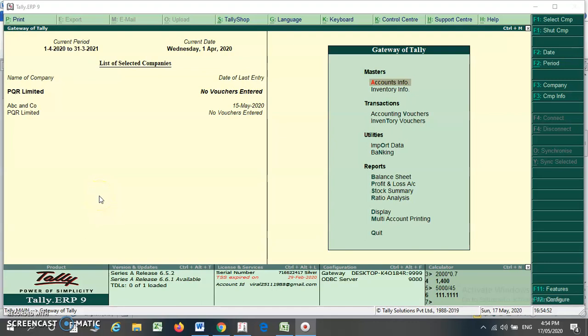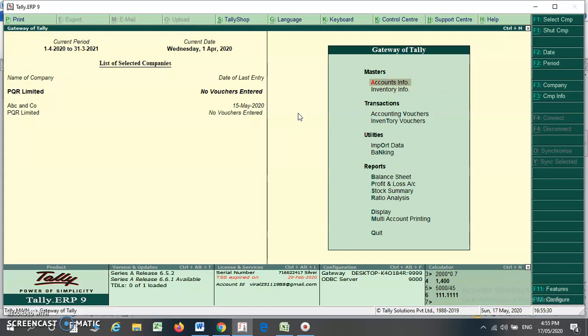Hello friends, in this video we are going to discuss how to make a customized GST enabled purchase voucher in your Tally so that you can make an accurate and very less time consuming entry in your Tally for a purchase transaction. Friends, how to activate GST in your Tally we have already discussed in our last video. How to make a GST enabled ledger in your Tally we have already discussed in our last video. Now we are here making the voucher for your purchase as a GST customized.